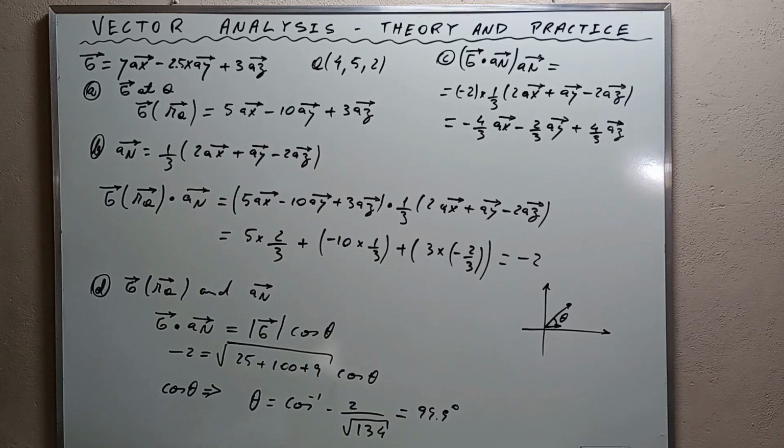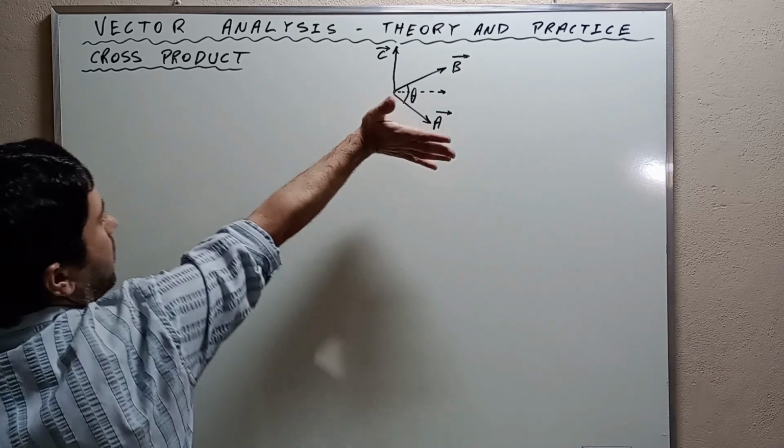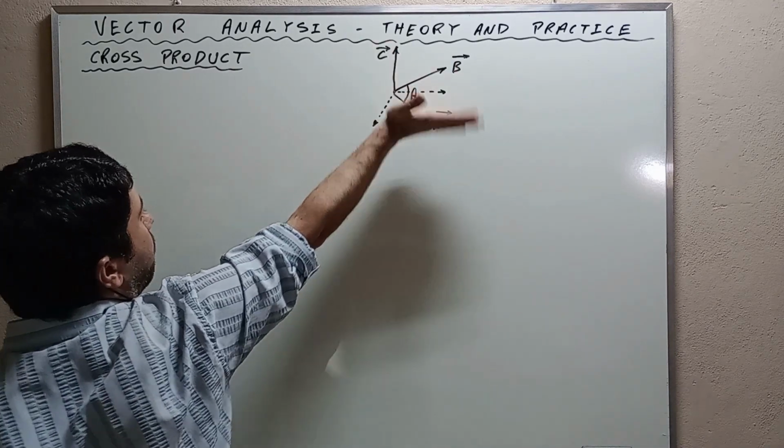Let's talk about the cross product now. The cross product between vectors A and B is a vector whose magnitude is the product of the magnitudes of A and B and the sine of the angle between them, and whose direction is perpendicular to the plane containing A and B, following the right hand screw. Okay? The right hand screw from A to B,